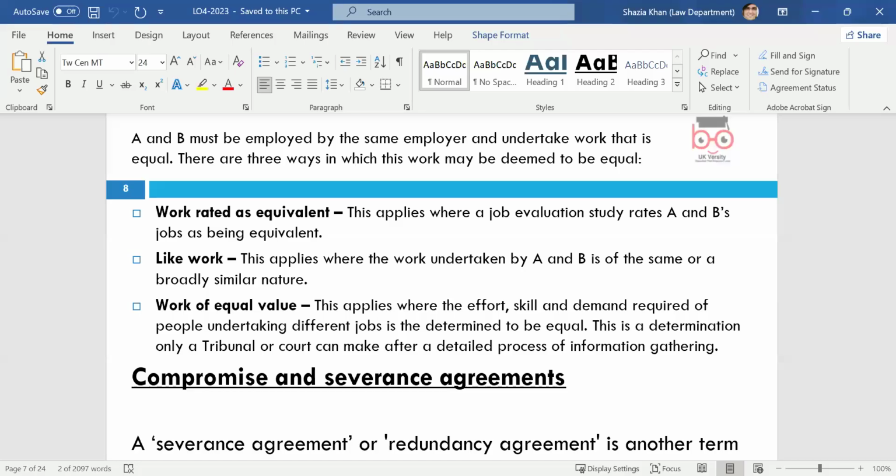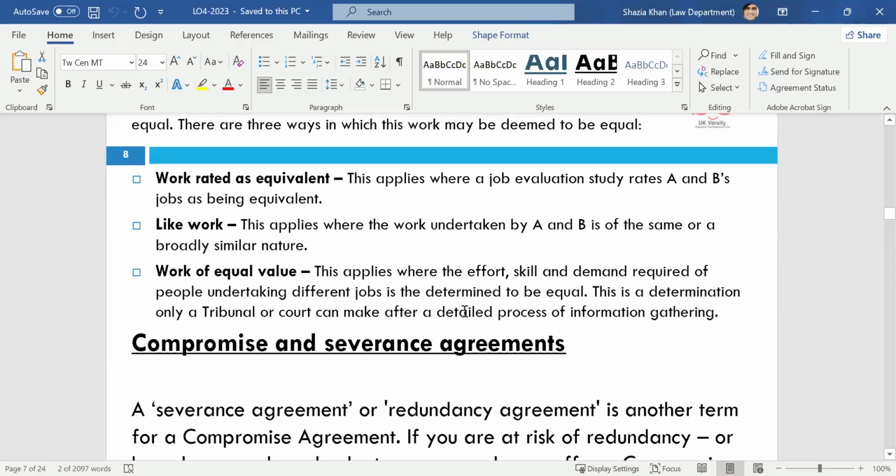So it could be things like work rated as equivalent. It could be the same work, that they're undertaking the same work, or work of an equal value. They should be taking that into account. And dispute resolution is where the employer would raise a formal complaint with the employee and go through a grievance